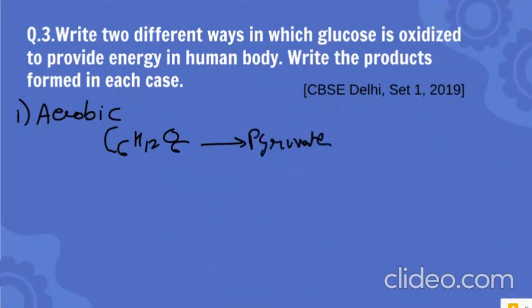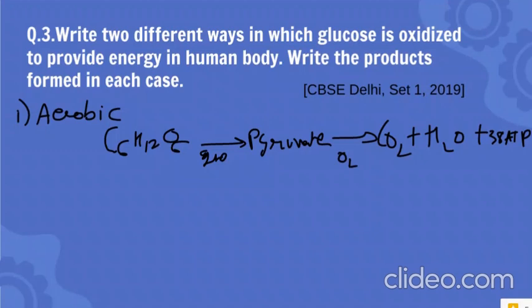Then this pyruvate, in the presence of oxygen, is converted into CO2 plus H2O plus 38 molecules of ATP. So when your glucose is broken in the cytoplasm into pyruvate, then in the presence of oxygen pyruvate is broken into carbon dioxide, which comes out when you exhale, with water molecules such as H2O,